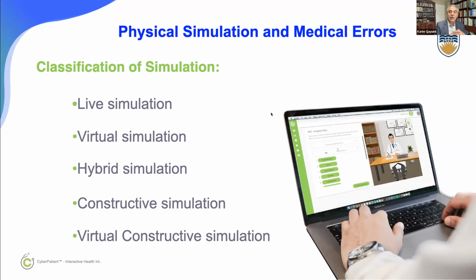And then constructive simulation is when a human being is acting on a machine, and the machine has different compartments, different parts. Each part of the machine can act independently, connecting with other parts of the machine to give a complex response to the person. So a virtual constructive simulation is actually the state-of-the-art technology where we can build these machines in the cloud and actually do not have the physical presence of those complex machines.